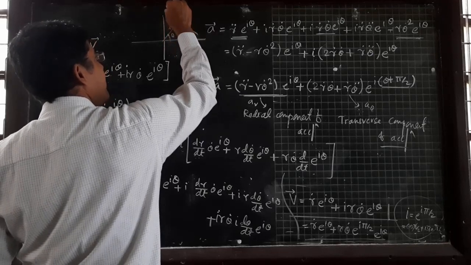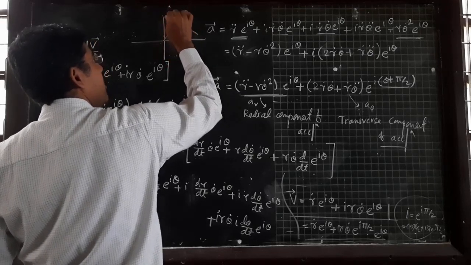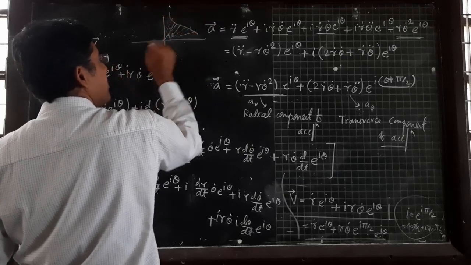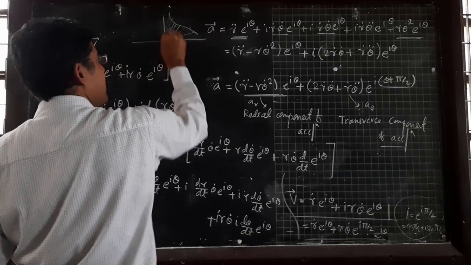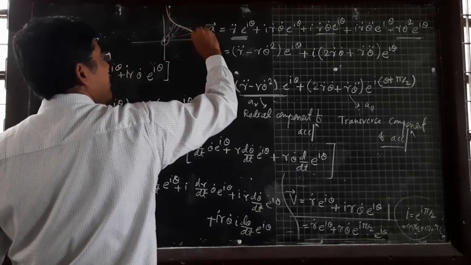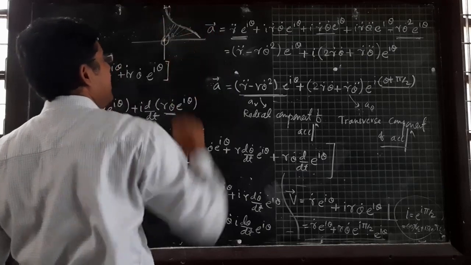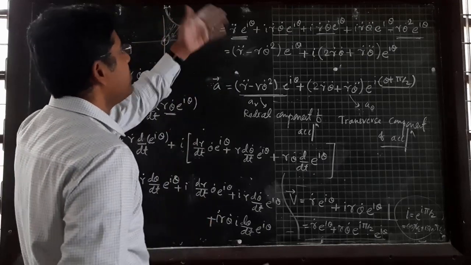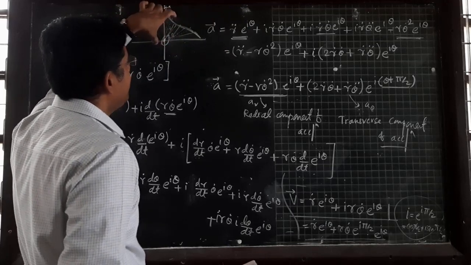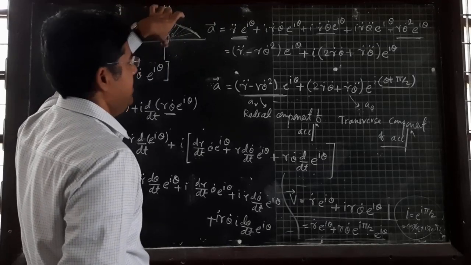Now simultaneously, if you take this particular point, r changes, theta changes. Let us consider this is your satellite point, and the object is moving along a curved path. Even if it is moving in a straight line path, one parameter is constant. That's it. So that particular point we have to cover here.